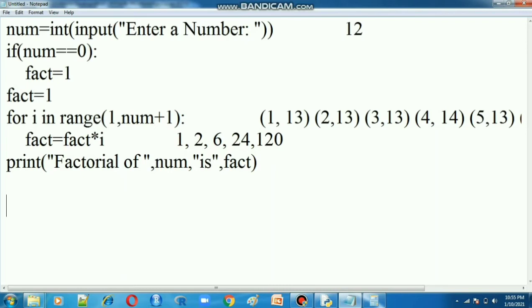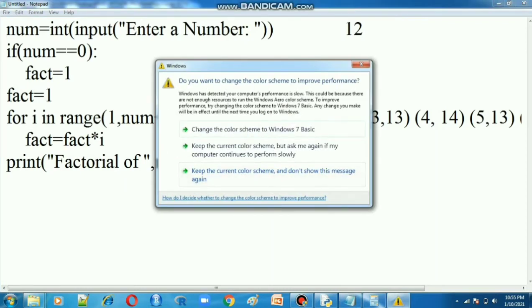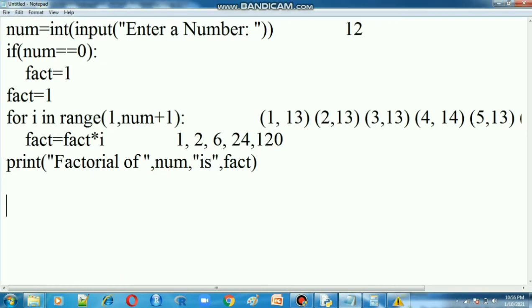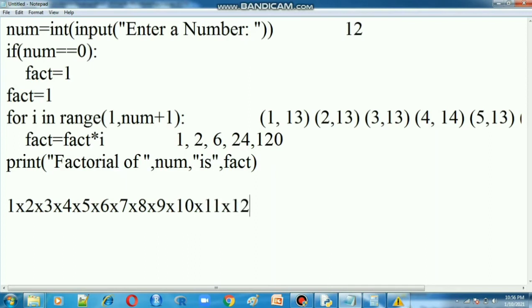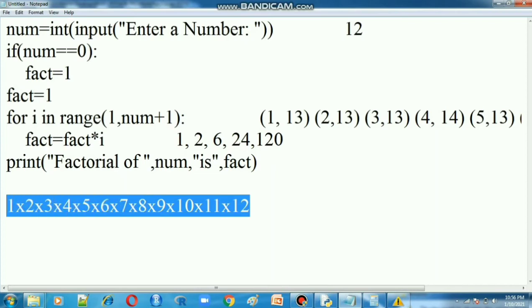In factorial it will be calculated like that only: 1 into 2 into 3 into 4 into 5 into 6 into 7 into 8 into 9 into 10 into 11 into 12.